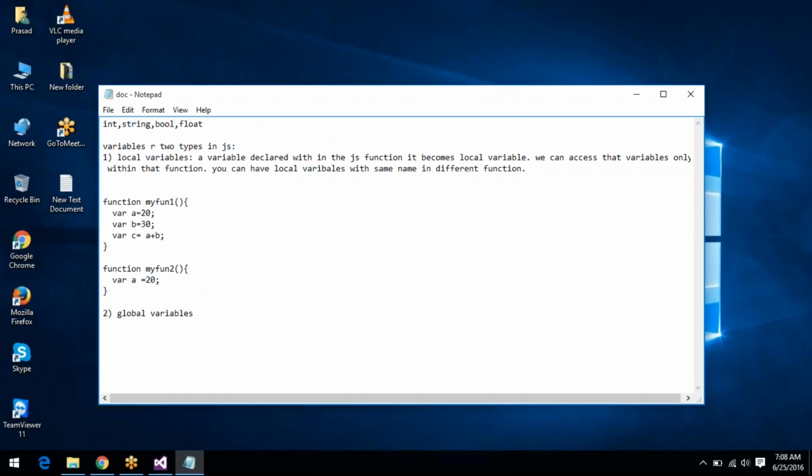We cannot access first function variables in second function, but we can create variables with the same name. This is a, and here also a variable. So we can create variables with the same name in different functions, but we cannot access first function variables in the second function,